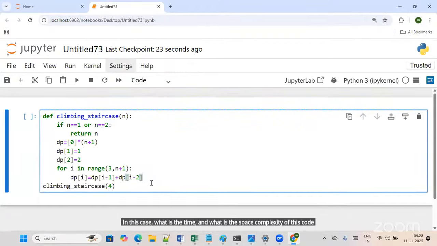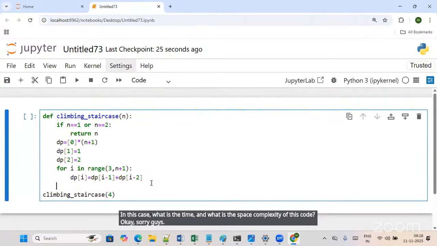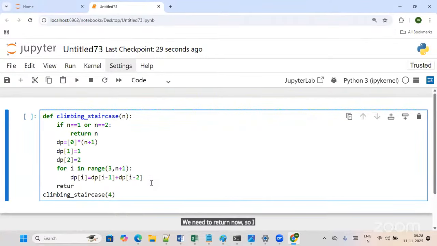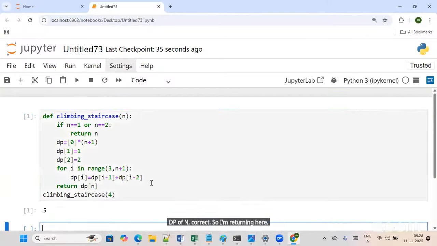Okay, sorry, guys. We need to return now. So I'm writing here return dp of n. Correct. So I'm returning here. Okay, so if I return here, it is giving us 5. Okay, so if you observe this code properly,